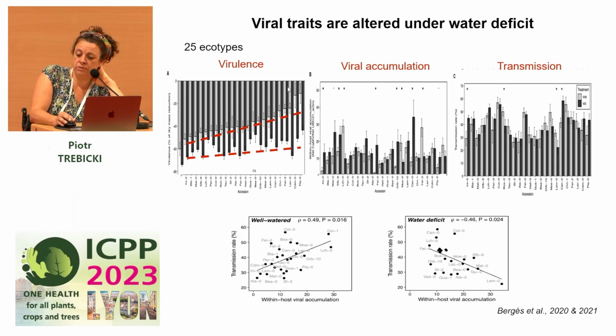We looked at the virus accumulation also, and in 8 ecotypes we could see that there was an increase of the accumulation when plants were under water deficit, and in 2 ecotypes there was a reduction. So there is an alteration of the accumulation in some ecotypes. In the same way, in transmission, we could see differences in transmission rate depending on the watering status in only 4 ecotypes. And what was interesting was when we did the correlation between 2 viral traits, which is accumulation and